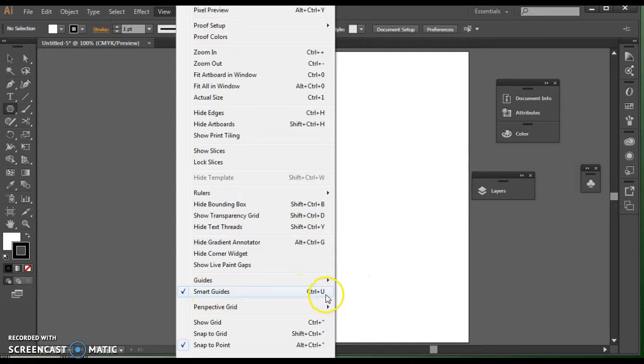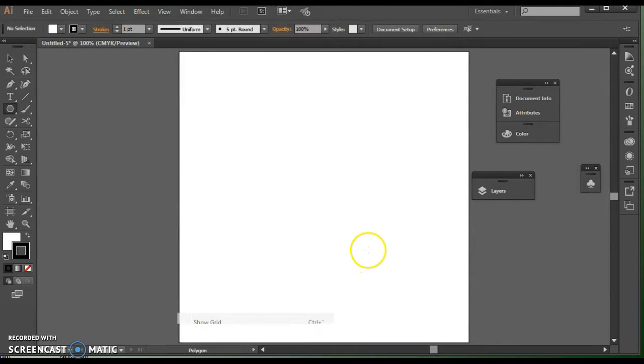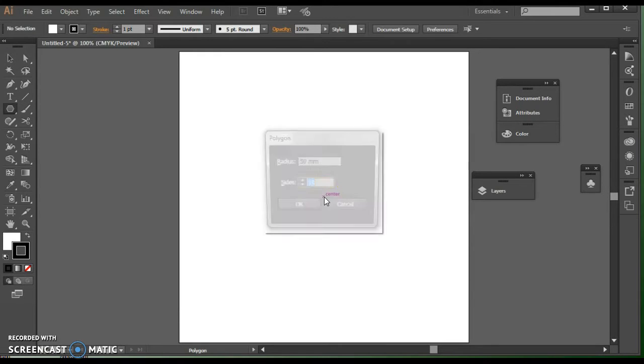Sometimes you need this, sometimes you don't. The smart guides will let things snap to existing points or helpful things in the middle of your artboard, like the center. So let's come back over here. We've got the polygon tool selected, and I'm going to move this around just a little bit. Hold on, are we in Control U? There we go. So I'm in the center, and I can hold down the Alt key, and I get a